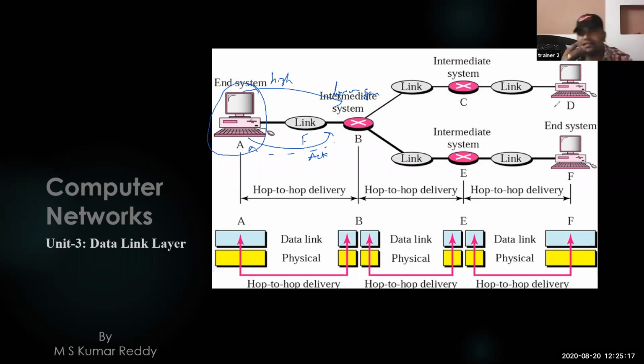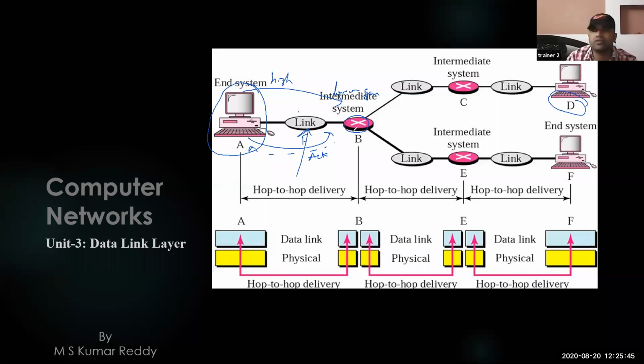Remember these words. When I say source and destination, you can say the first node in the communication and the last node. I am talking about the edge systems. Source and destination are the two edge systems in the communication. Sender and receiver are the current node and the next node. So remember these words. The sender checks whether the sent information is correctly received on the receiver or not.